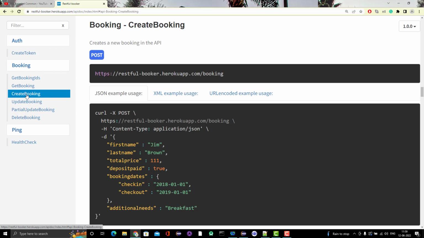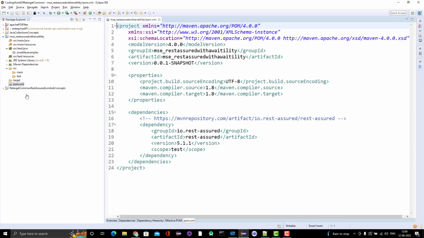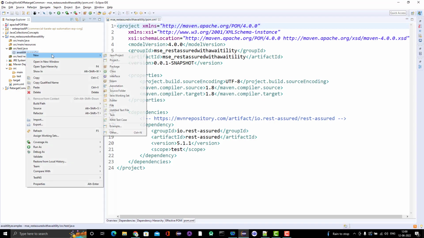Because of some reason the API call fails and it is not getting the booking, and it might return an incorrect status. In real time it is failing with some server issue, or the server is down or something. But I want a valid booking ID, so I need to retry till I get a proper booking ID. That is my goal. So let me write a very simple Rest Assured code where I will apply